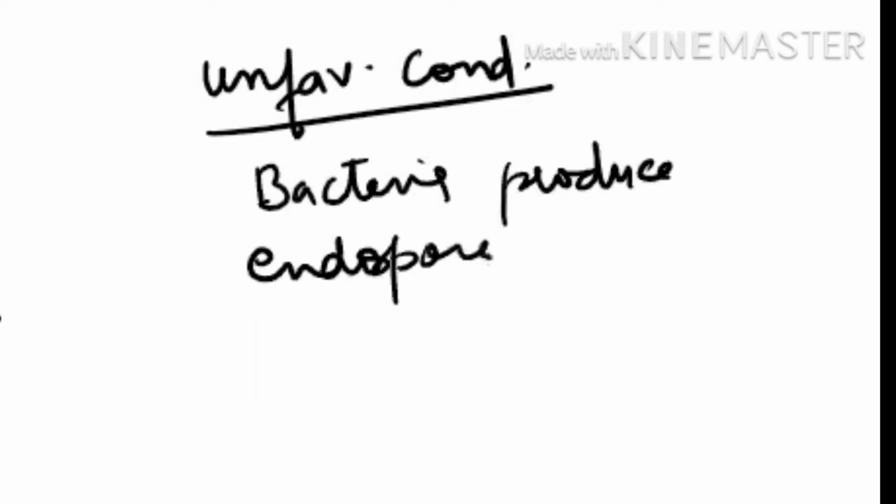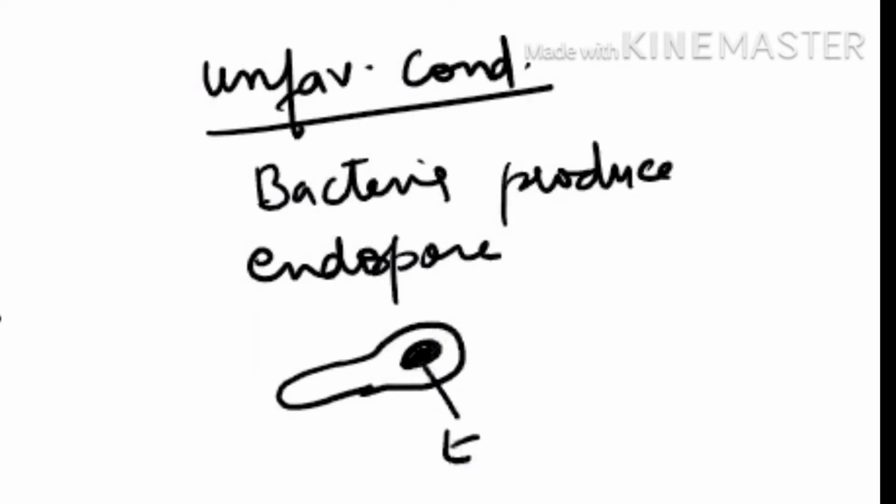If you remember, this is the diagram from your NCERT. This is the diagram which is made in the NCERT. So this is the endospore, and we are going to study endospore formation in this video. Now see, you know very well that the outermost layer is the glycocalyx, okay? And the second layer is known as the cell wall.